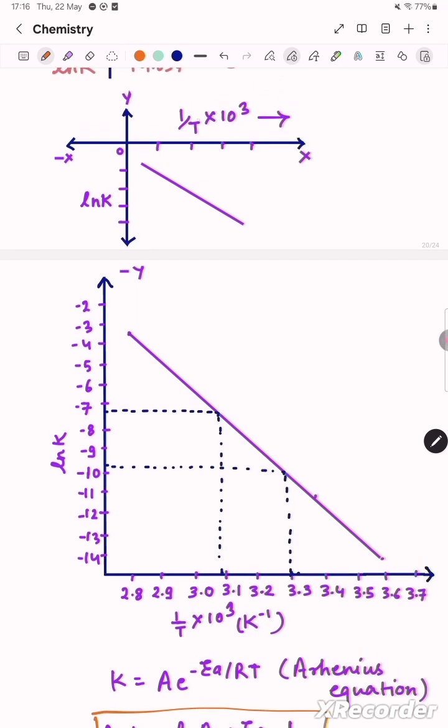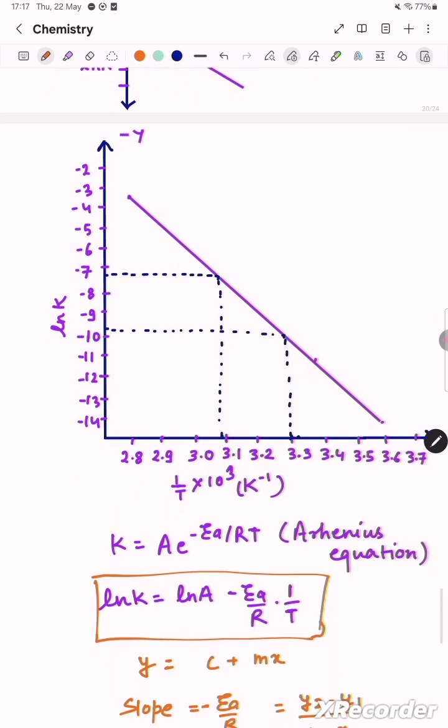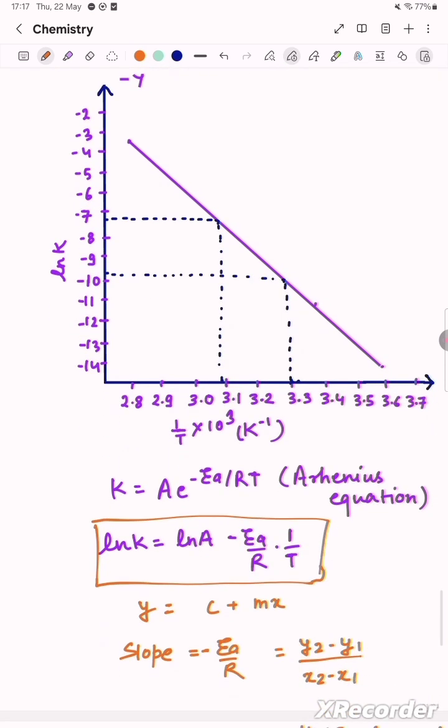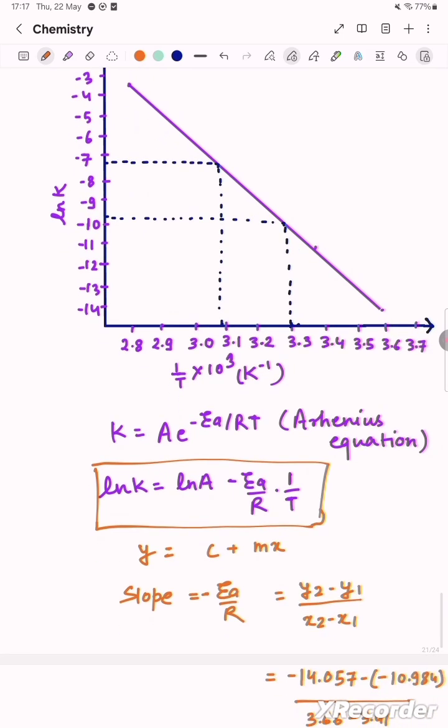Suppose we take 1 by T multiplied by 10 to the power 3 on the x-axis, and on the y-axis ln k, this goes downward, then again a straight line is obtained. So this is how you will find out all the question calculation,